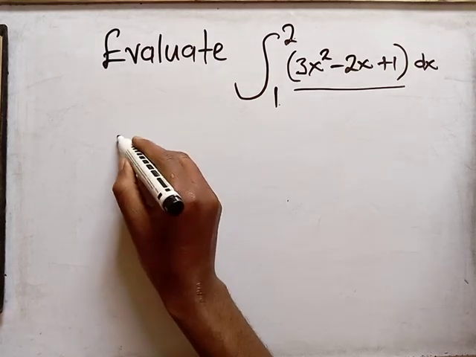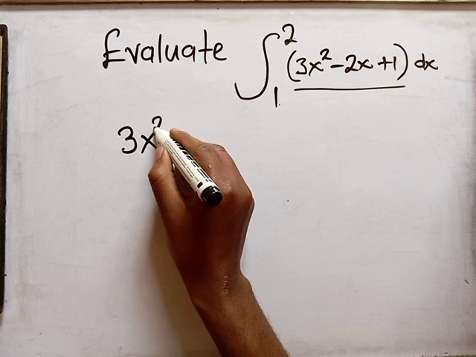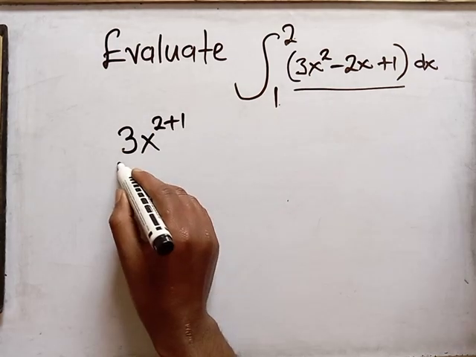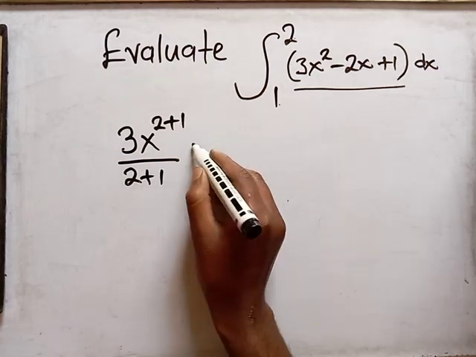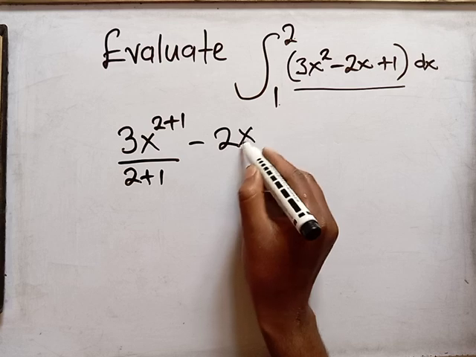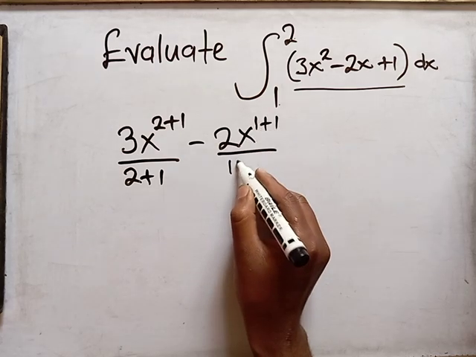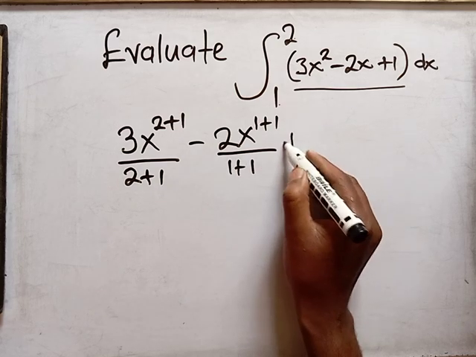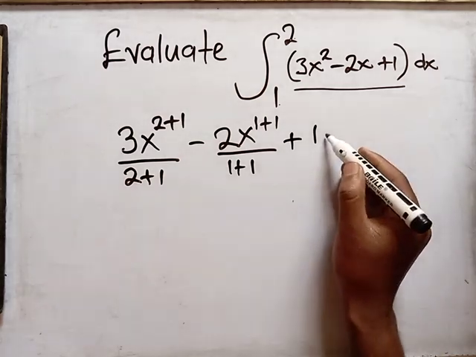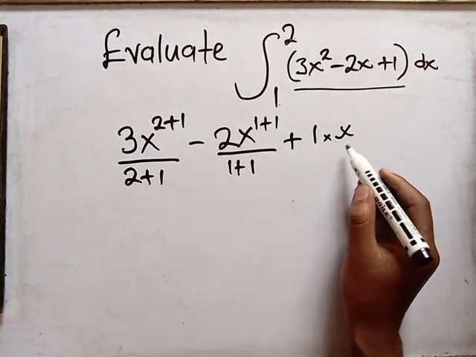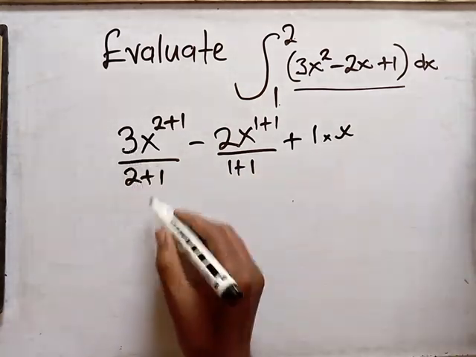So how we integrate is we do this: 3x, and then the power we add plus 1 over the same power, 2 plus 1, minus 2x. Here the power is 1 plus 1 over 1 plus 1. So a constant gains a variable, so it will be 1 times x. So the variable here is x, meaning this constant will gain an x. So this will be equal to